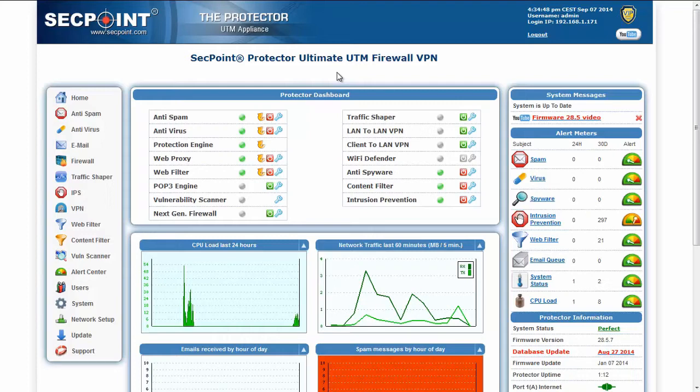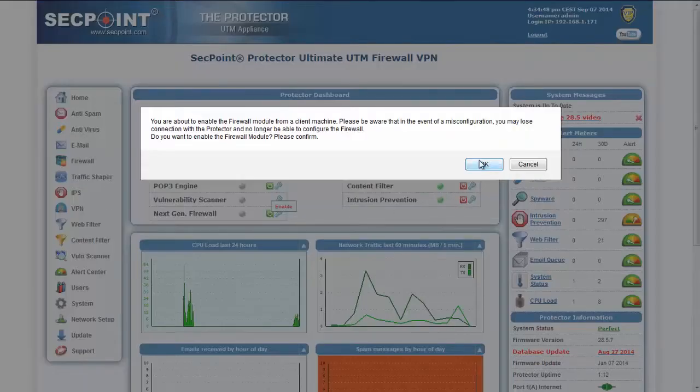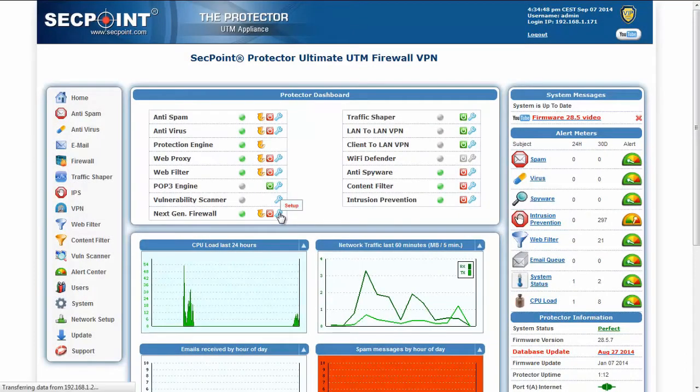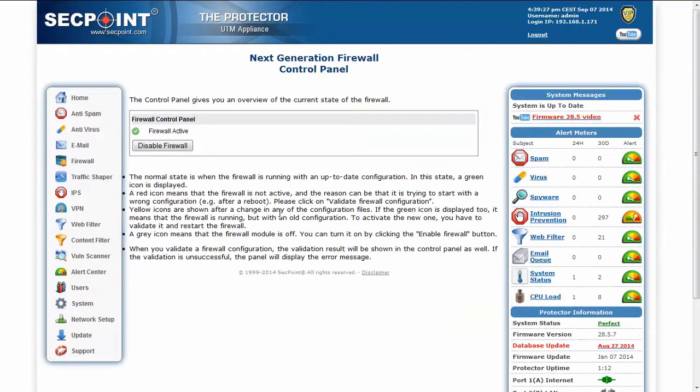Let's start with the firewall, which has been subject to a series of improvements. Now, on the first installation, to enable the firewall, it's enough to click on the Enable button in the home page, or click on the Enable Firewall button in the Firewall control panel. This is because the default configuration has been redesigned to comply with the Protector's network settings, which is in bridge